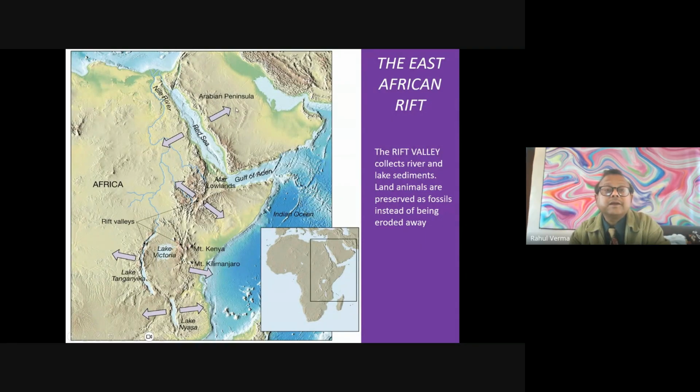Red Sea is spreading, Arabian Peninsula is spreading, this is also spreading. So Red Sea is used as a gulf and it's a canal. In future, after a few million years, this whole thing will separate and we will get a very big ocean. And this thing will close. So that is how life is.